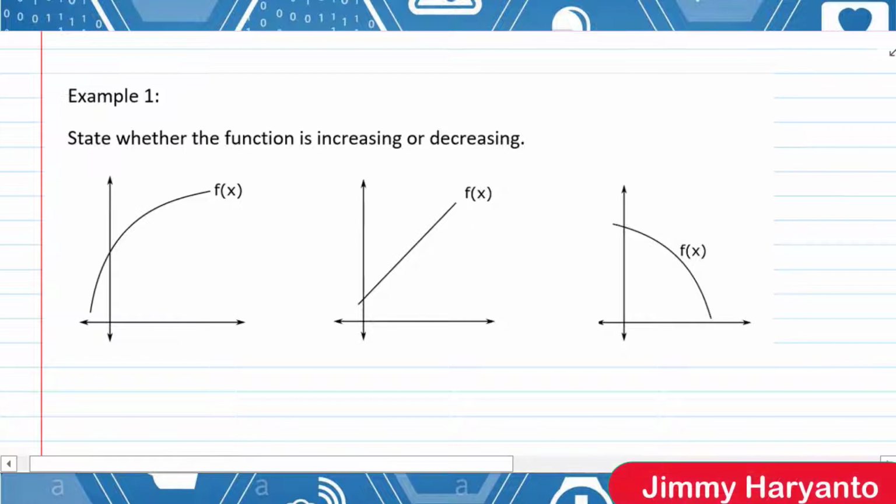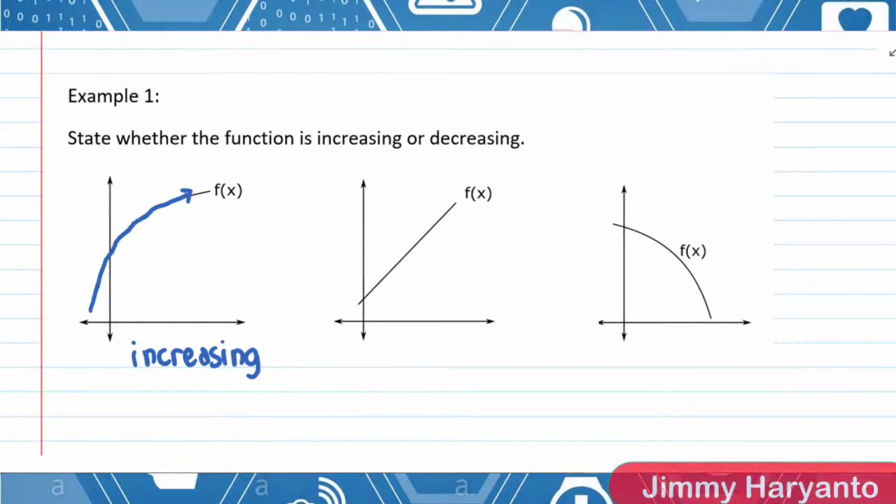For the first one, we can see that the value of y is increasing, so we will say this one is increasing. So always start from the left bottom or maybe the left top, it's always like that. For this one, let's start from the left and move to the right. As you move to the right, you can see that the value of y is increasing, or as you move to the right, you also move to the top, right? Move up. So that means it's increasing.